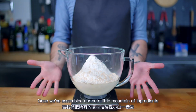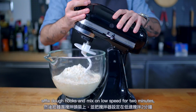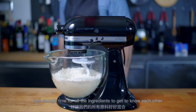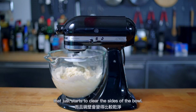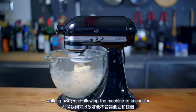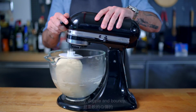Once we've assembled our cute little mountain of ingredients, it's time to place them in the base of our stand mixer, affix dough hooks, and mix on low speed for 2 minutes, just enough time for all the ingredients to get to know each other and become one in a shaggy mass of dough that just starts to clear the sides of the bowl. Once this has been achieved, we're cranking the speed all the way up to medium-low, walking away and allowing the machine to knead for 5 to 6 minutes until the dough is smooth and elastic, stretchy,